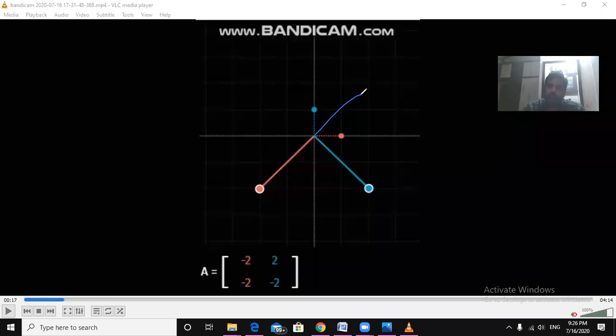What happened to this 2 comma 2 vector under this transformation? It is mapping to 0 comma minus 8, which is the negative y-axis. So it is rotating 225 degrees and the vector is also stretching. Its length is also stretched. So this is the operation. This is geometrically how the linear operator behaves on a vector, and it maps the vectors to different positions in the plane while keeping the center the same.